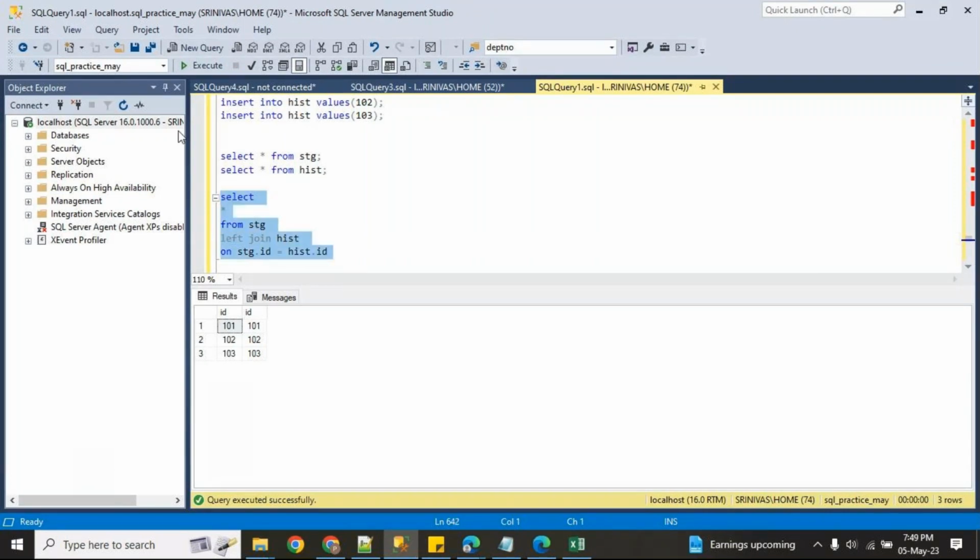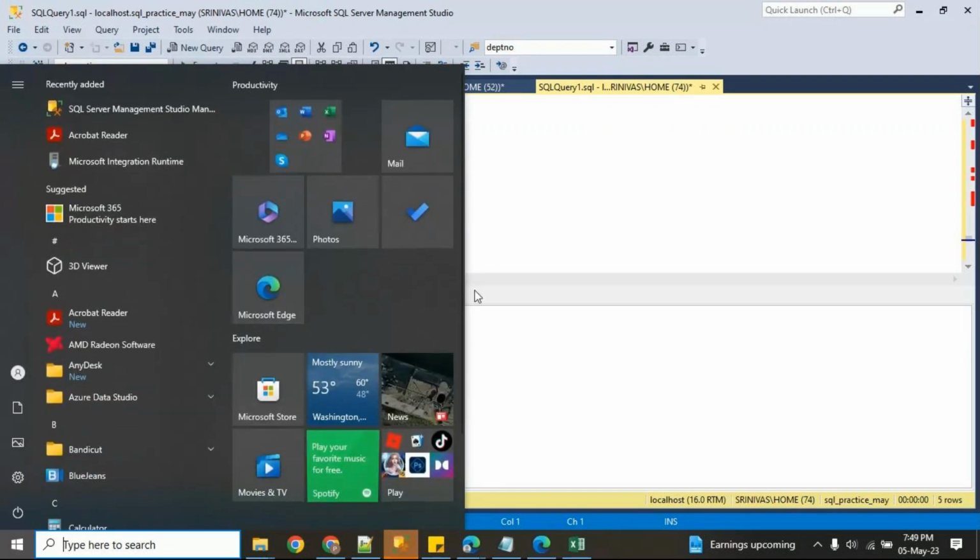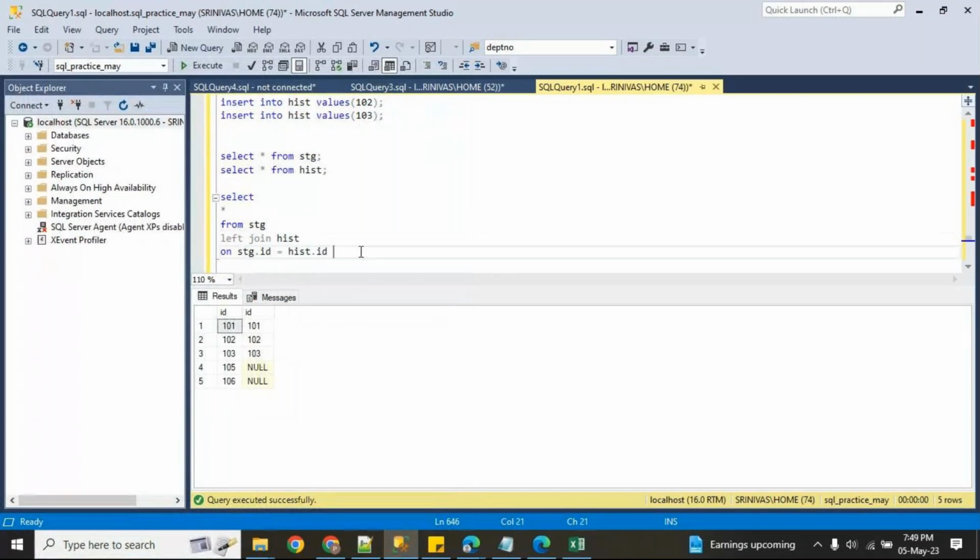So here you will get results like this. Among all, for those who are new, where we don't have any IDs in the right side table, you will get a null value. Among all, I want to filter where hist.id is null.